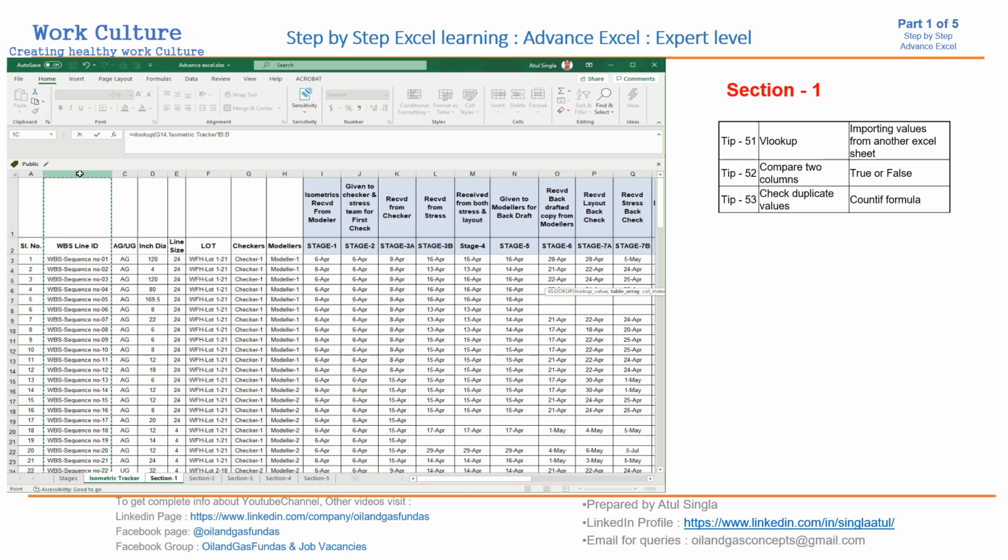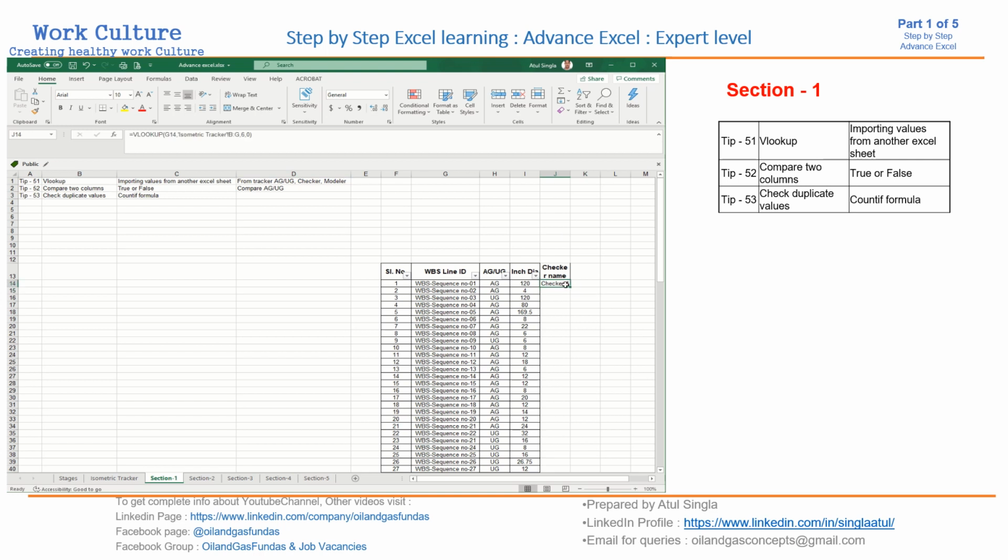This is the line number which we selected there, and this is the checker. If you see at top, it is the 6th one. Then we can write 6, 0 and enter. So we have the checker name here against this line.